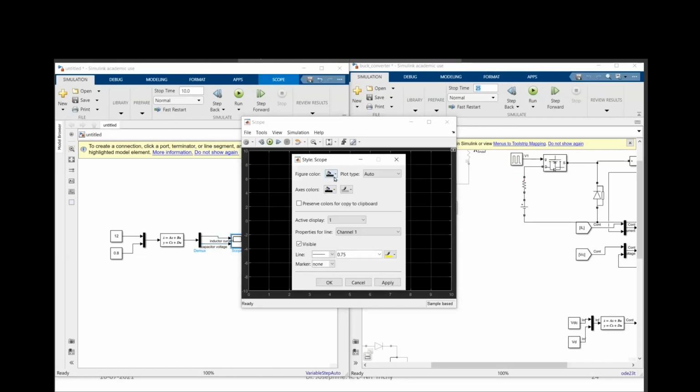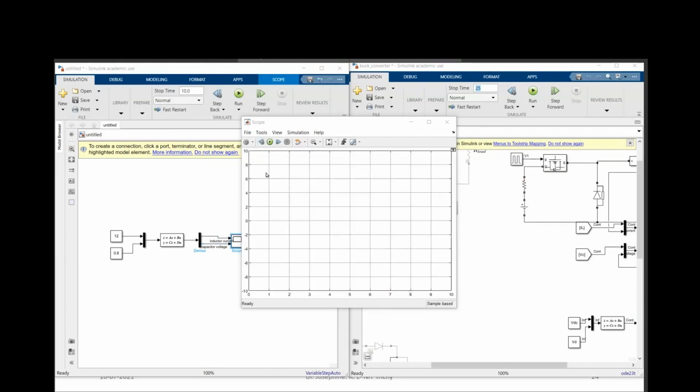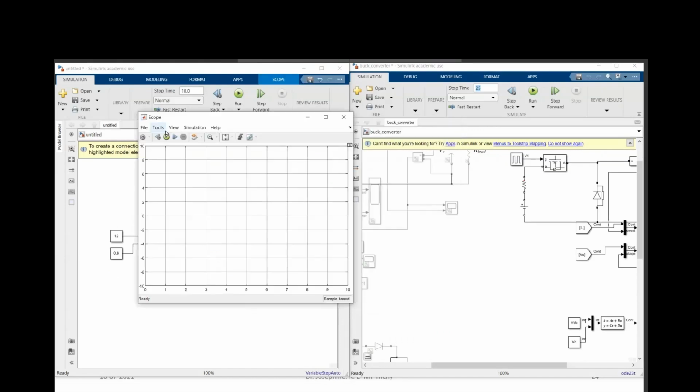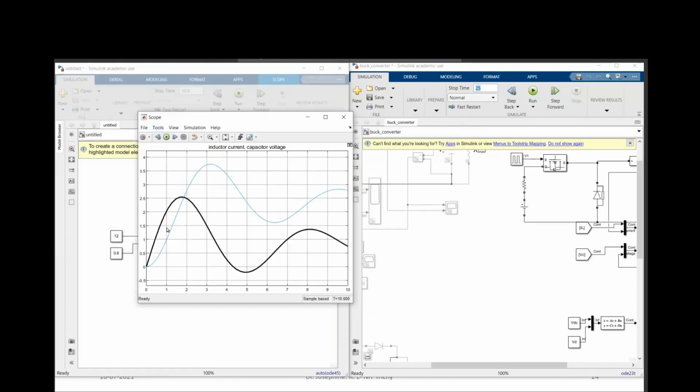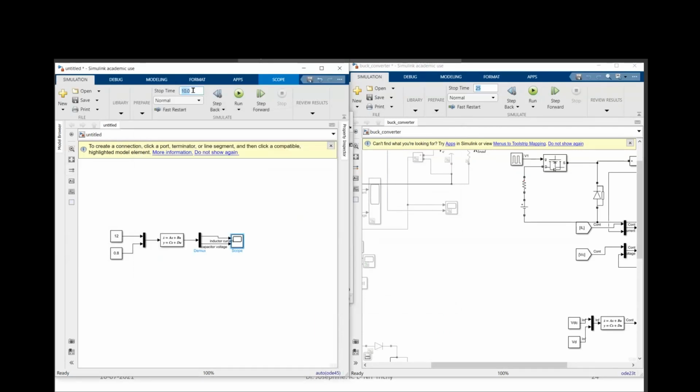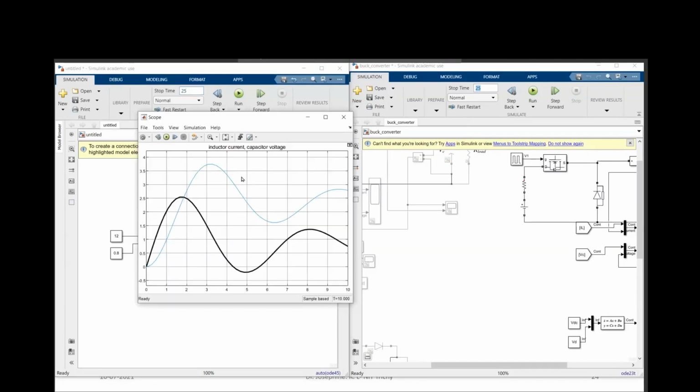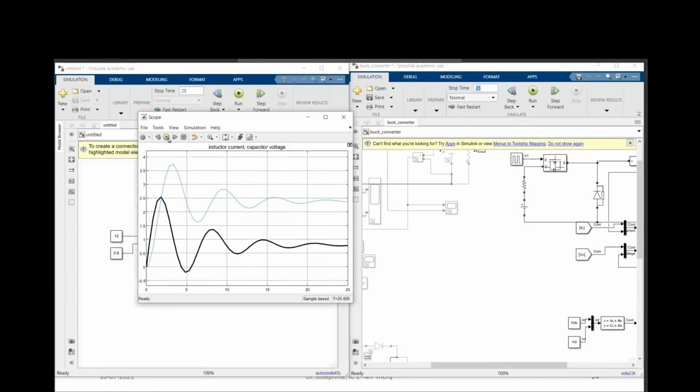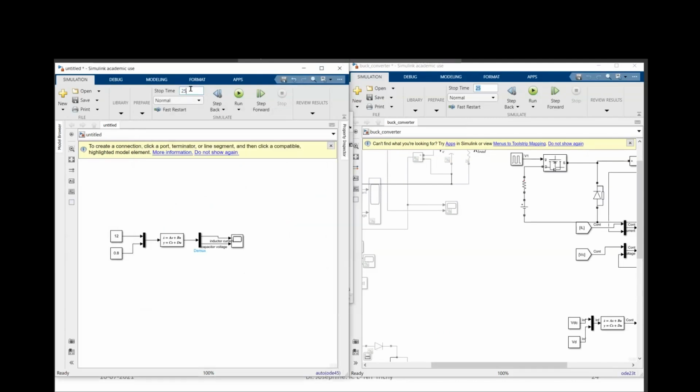I always prefer a white background. I'll simulate. So this is how I have got it for 10 seconds. Let me run for 25 seconds. If I run for 25, then you can see it is almost settled. If you give it 30,